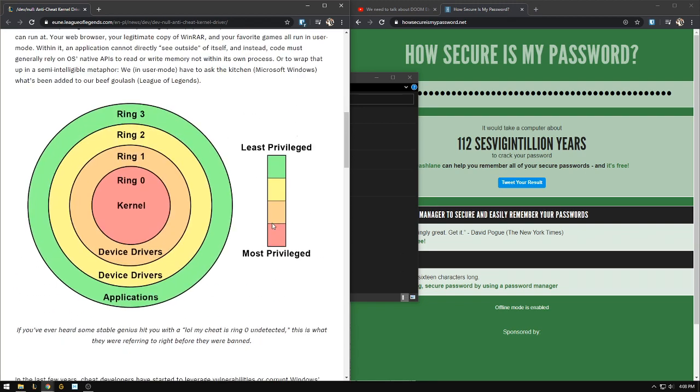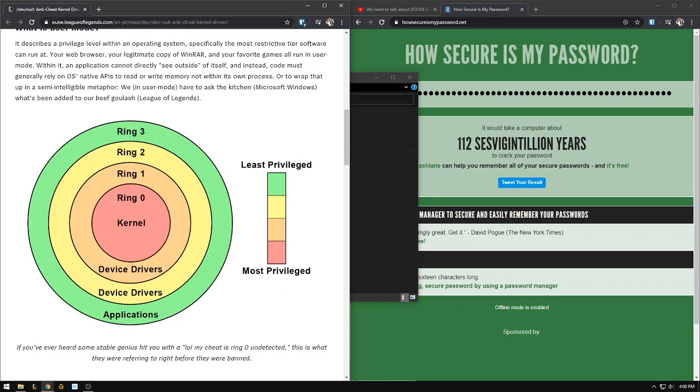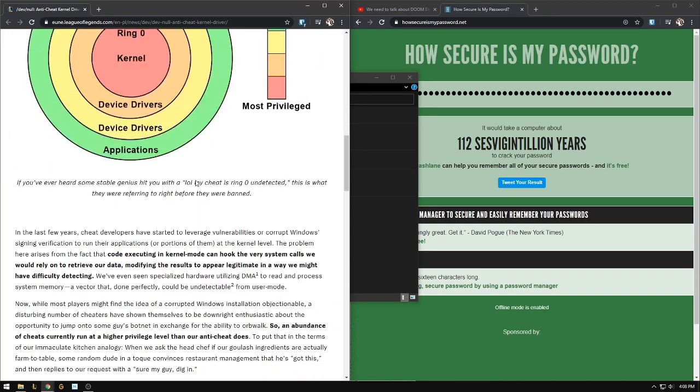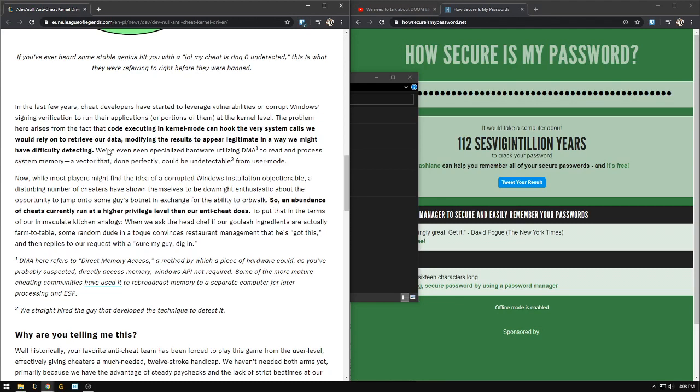What's the point? Well, if you read the dev null anti-cheat kernel driver post here by Riot themselves, they have a very good explanation. "In the last few years, cheat developers have started to leverage vulnerabilities or corrupt Windows signing verification to run their applications or portions of them at the kernel level. The problem here arises from the fact that code executing in kernel mode can hook the very system calls we would rely on to retrieve our data, modifying the results to appear legitimate in a way we might have